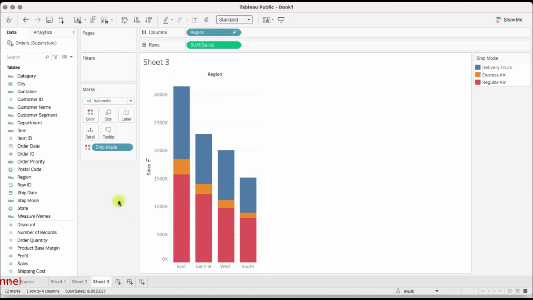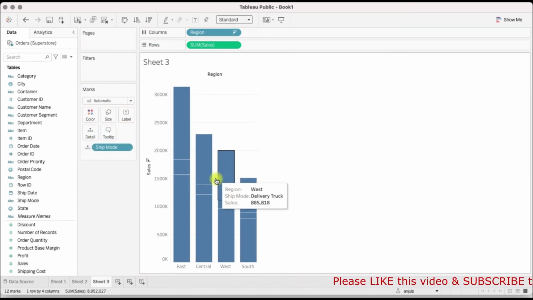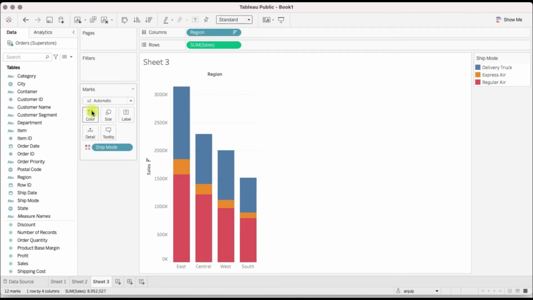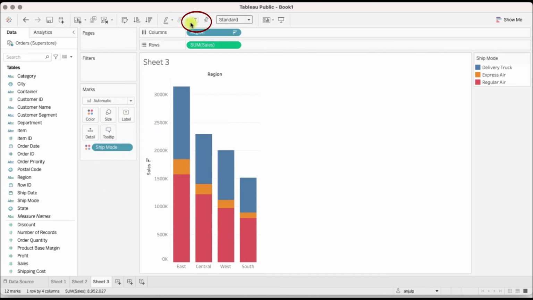Right. So, and it's not necessary you have to place it on color only. You can place it on detail also. Right. But it will not convey the exact meaning as the color conveys. So it's better to keep it in color only. You can use the labels to show the mark labels. Okay. Either you can tick here, or if you don't want to tick here also you can click on T. So text will be displayed, and you can also format these labels, right?